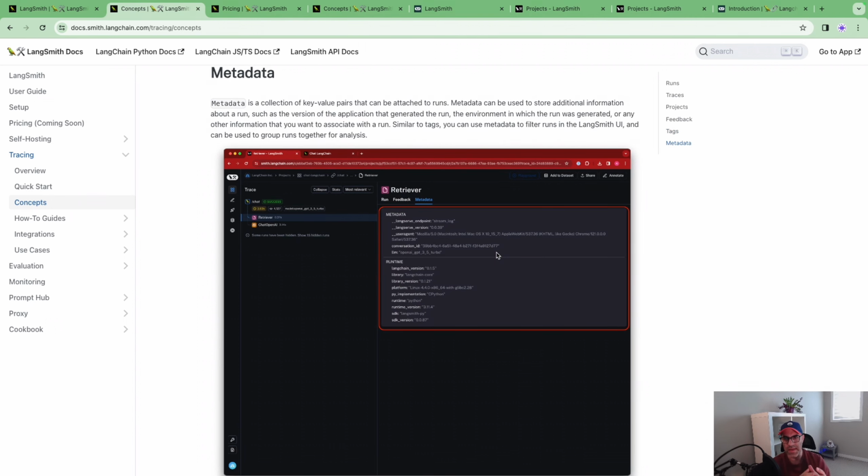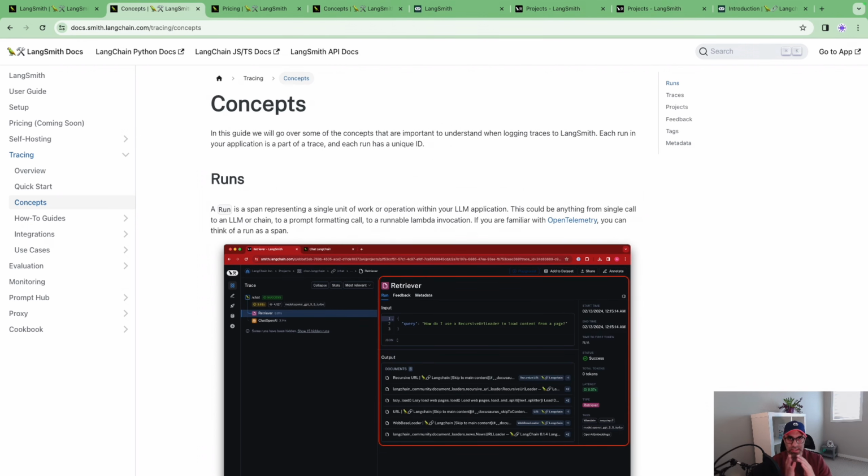You also have metadata. Metadata is one of those powerful key features of Langsmith that you can keep track of anything that can be passed to the language model. Things could be around some information about the user interacting with the app or the generated AI app, or things about the geography where this app is running. So with that said, let's go into the tutorial.